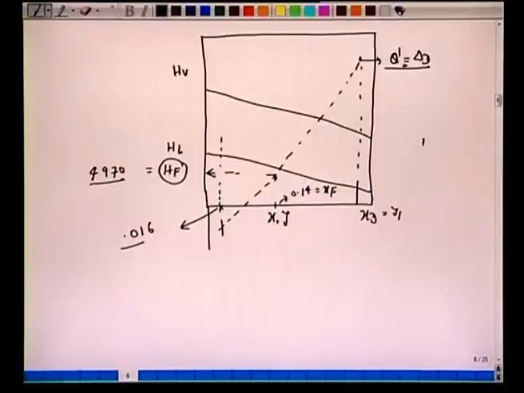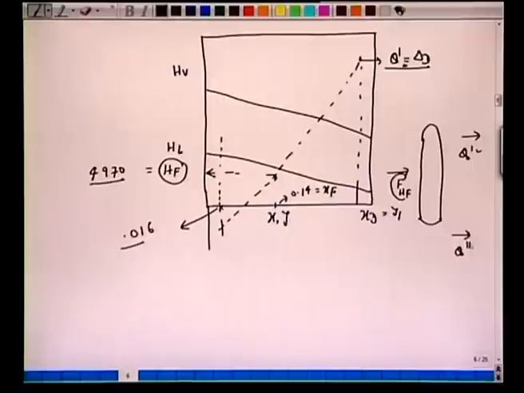So if you recall our complete balance which we made, feed makes an entry here. We have 2 streams leaving with Q', and we have Q''. F with hF, these 3 points F, Q' and Q'' will lie on the same line. So if you apply the mixing rule, you recall this is your Q', this is your Q''. We have feed F, enthalpy is getting distributed between Q' and Q''.